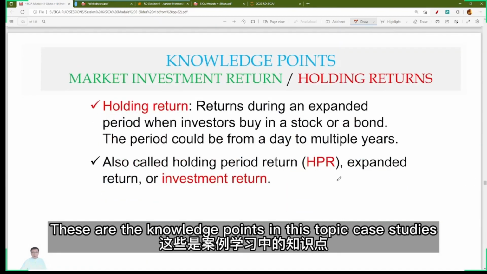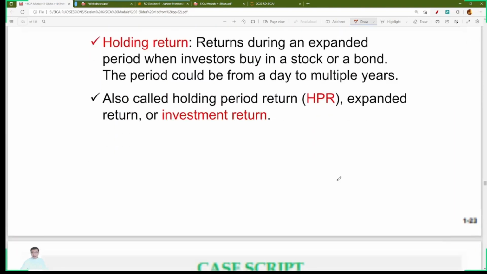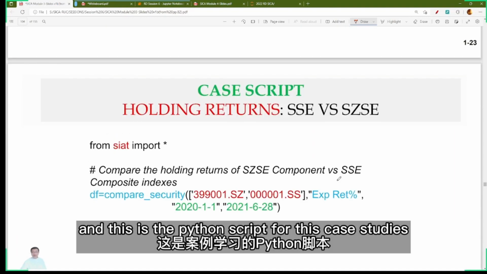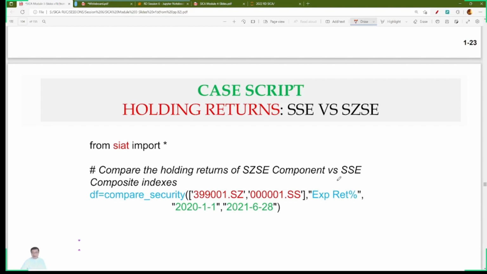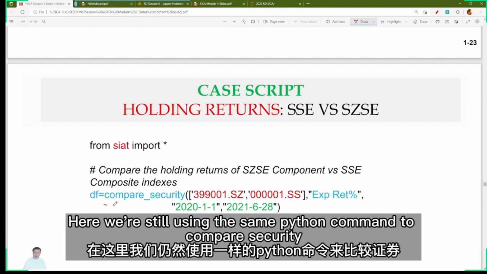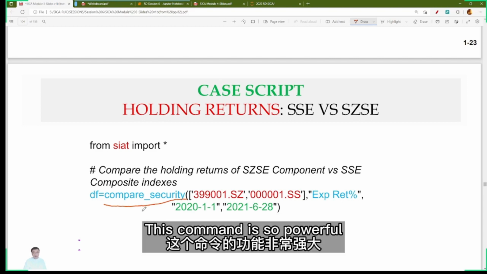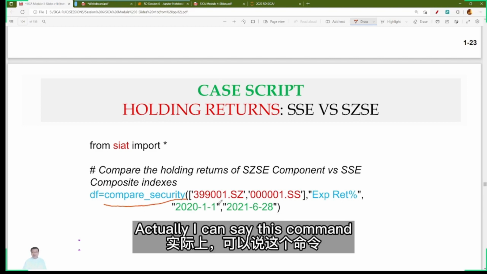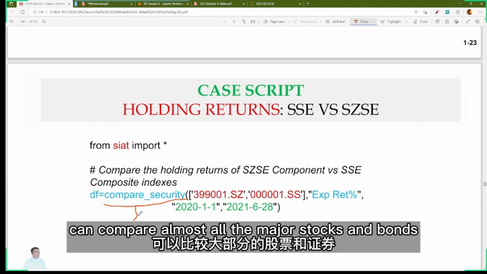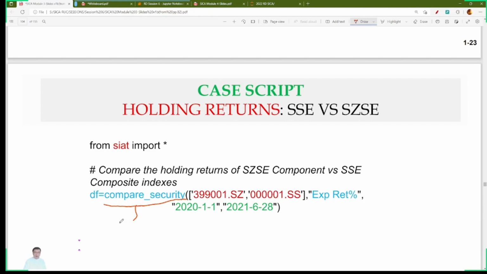Yeah, these are the knowledge points in this topic, case studies. And this is the Python script for these case studies. Here, we're still using the same Python command, compare security. So this command is so powerful. Actually, I must tell you that this command can compare almost all the major stocks and bonds in the global